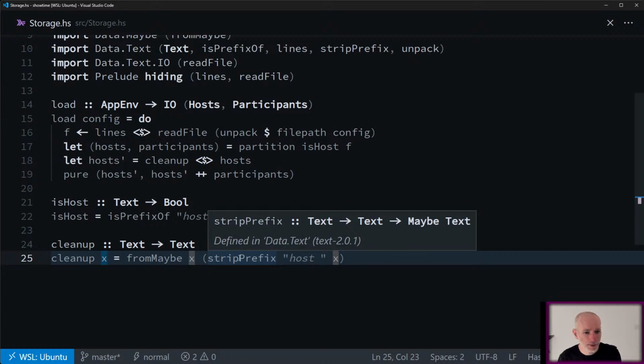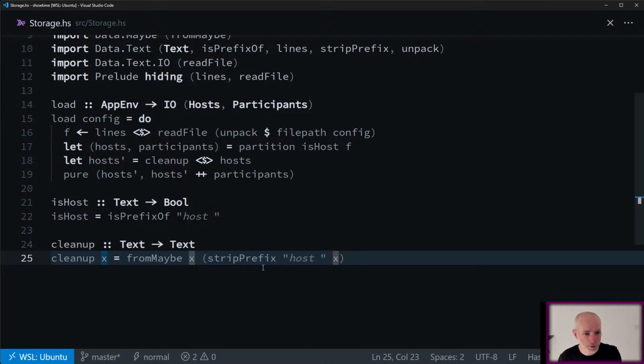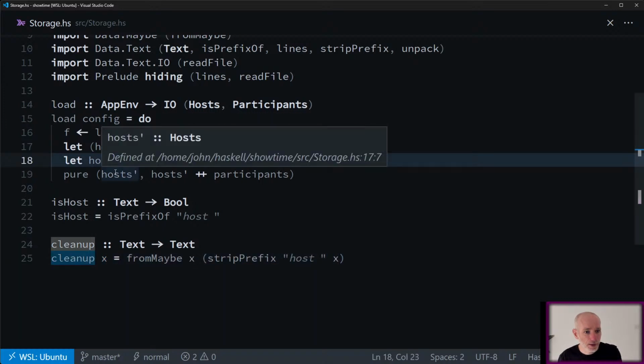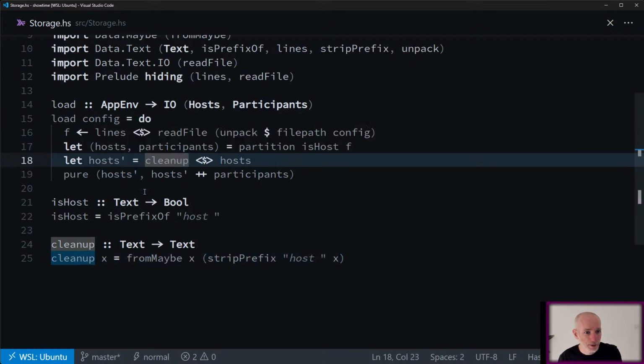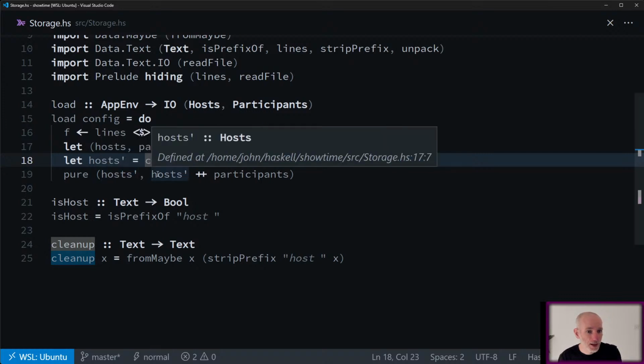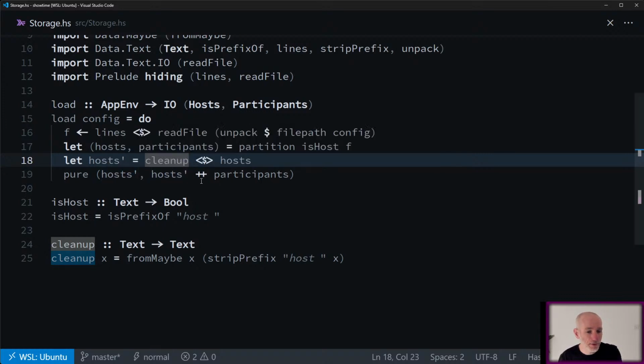So if this returns nothing, then we just return the original string. Otherwise, we return the string with host removed. That's the cleanup part. And then we just return the cleaned up hosts, and then the list of everybody in the file, so the hosts and the